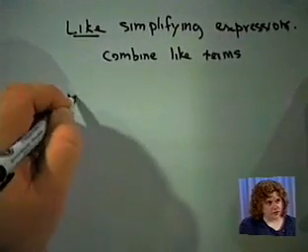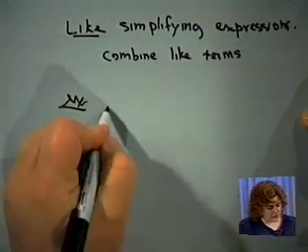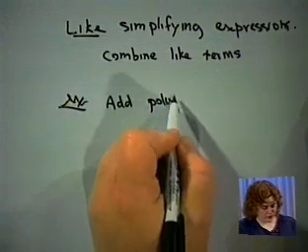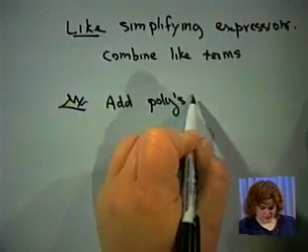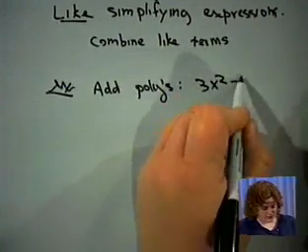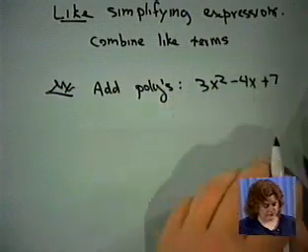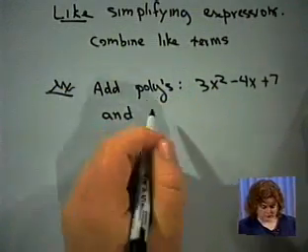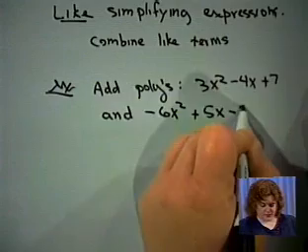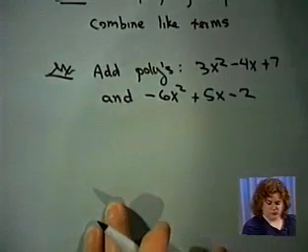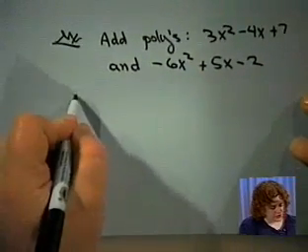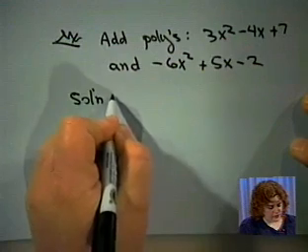So let's jump into an example. You are directed to add the polynomials, and I'm just going to abbreviate polynomial with poly or polys. 3x squared minus 4x plus 7 and negative 6x squared plus 5x minus 2. These are trinomials in one variable, to review some vocabulary. The solution, and we'll do this first in a horizontal format,